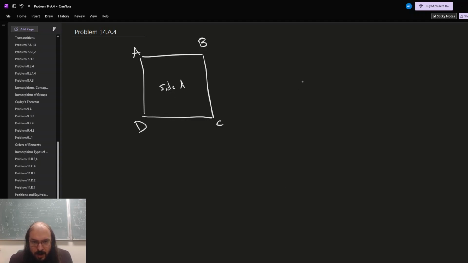And in that way, he says that we obtain a function from D4, the collection of symmetries of the square, to S2, the symmetric group on two things, the permutations of two symbols, namely side A and side B, where the function goes, we send a group element